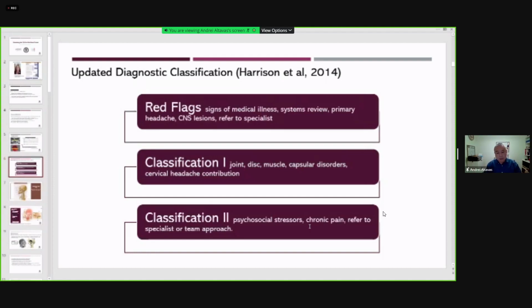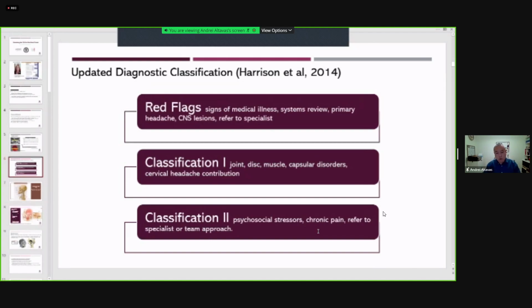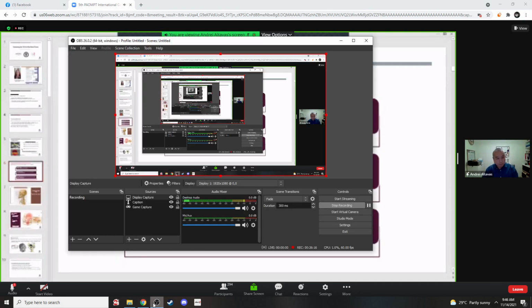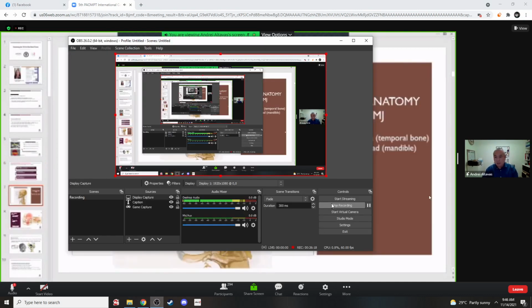Then we also have classification 2, which is again the identification of psychosocial stressors. Okay, and these could be patients who are coming in with chronic pain. A lot of these need to be dealt with through a team approach or referral for counseling. Okay, so we go a little bit